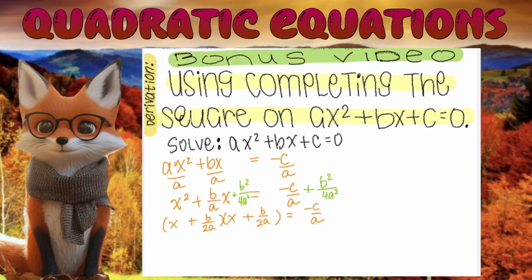So now I have two fractions on the right. They do not have a common denominator. I will multiply this on top by 4a and on bottom by 4a so that in the next step I have a common denominator. Next thing I'm doing is I'm going to write x plus b over 2a quantity squared